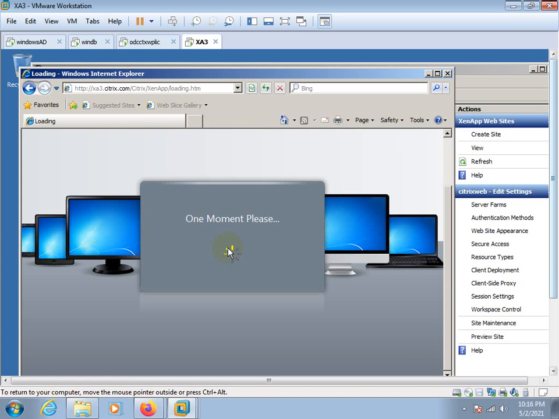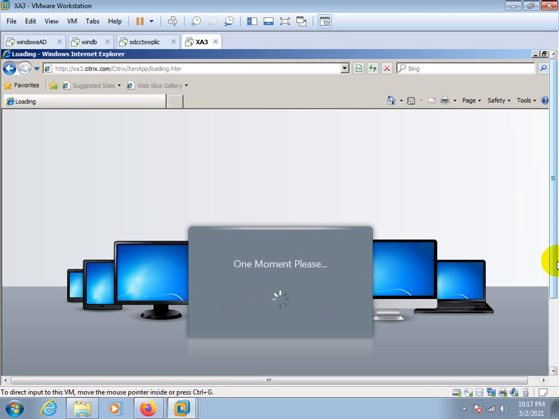Then we have provided the user ID and password also, no? Every domain user has their domain ID and password. Here he needs to log in through the domain ID and password. Someone is sitting outside and asking for the Citrix login. Then we provide the URL only, never the ID and password. Only the URL. The user himself has the domain ID and password, which he needs to put here.